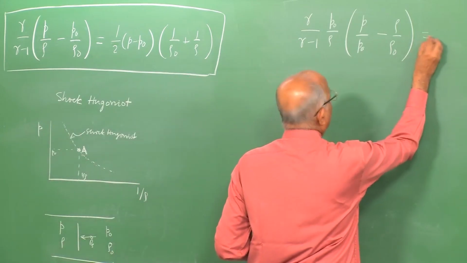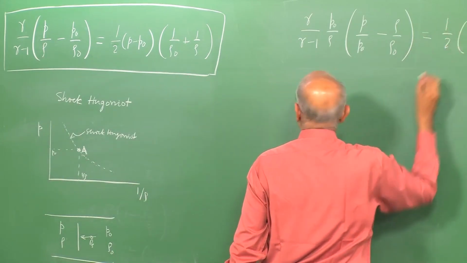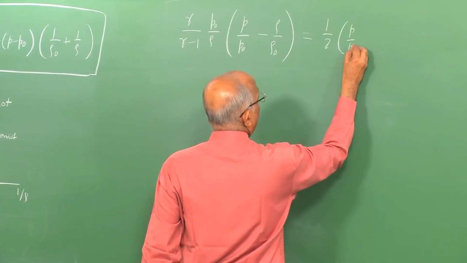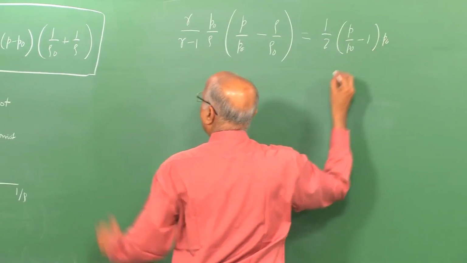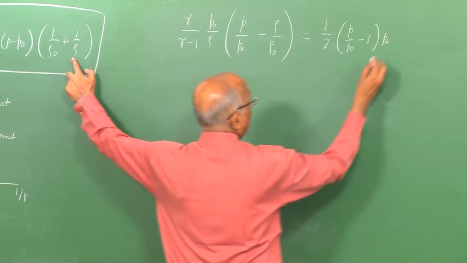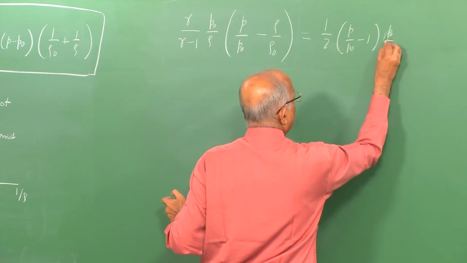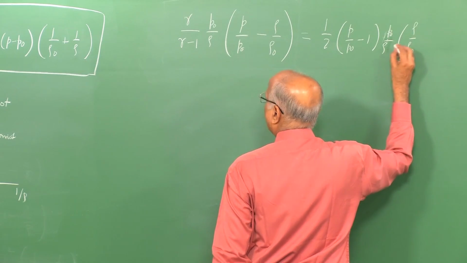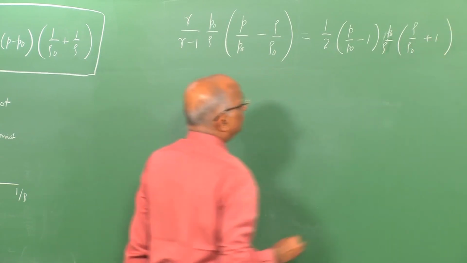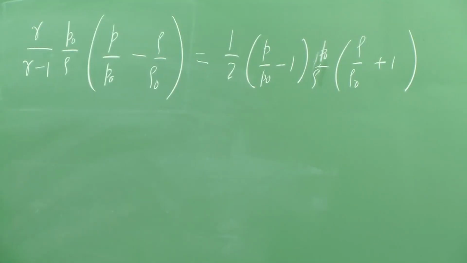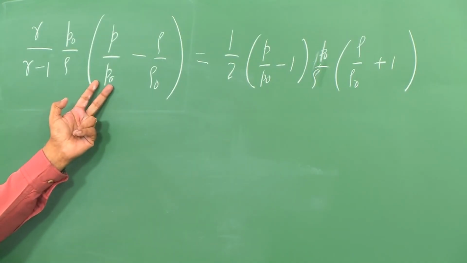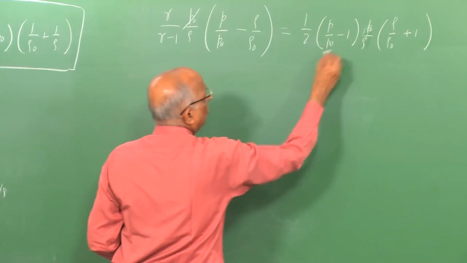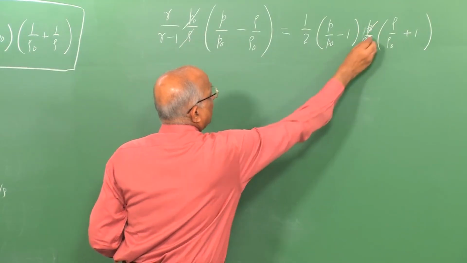minus rho by rho0 is equal to, on the right hand side I have half into, I again take P0 outside, I have therefore P by P0 minus 1 into P0, and I also take rho in the denominator, let us say P0 by rho over here, and if I take rho over here, I get rho by rho0 plus 1 over here. Therefore, in this equation, I am wanting a relation between P by P0 and rho by rho0, and that is the reason I am doing this. Since I have taken these two outside, these two cancel on the left side and the right side,